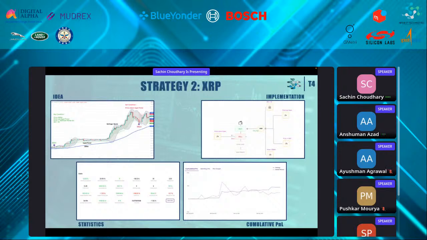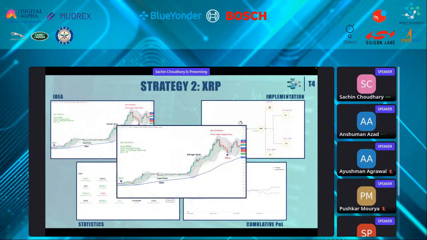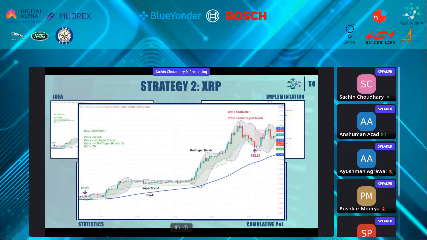Yeah, so this strategy has been made by me. This strategy is on XRP. The buy condition for this strategy is that the price should be greater than DMA, price crosses a super trend, price should be less than the Bollinger Band, and RSI should be less than 70. This has been followed by this particular candle, and the buy strategy is being executed. And the selling order happens when this crosses down the super trend, and